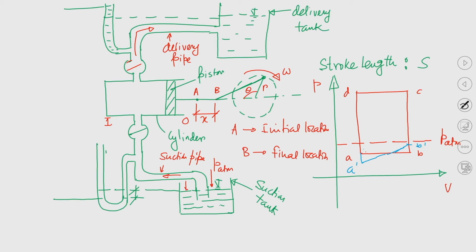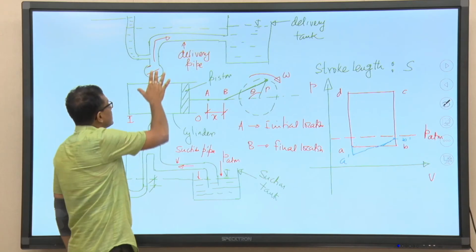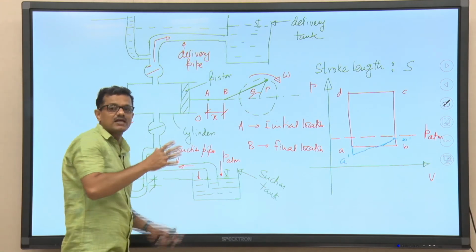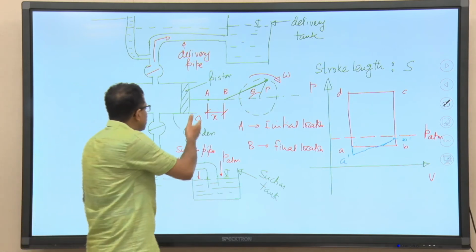It is very important, let me tell you again: at the beginning of the delivery stroke, the movement of the crank and the piston is spontaneous, driven by a prime mover. At the beginning of the suction stroke, the suction valve will be closed, because the force acting across the suction valve is not sufficient to lift it off. That is a one way valve that we discussed in the previous class. Now the delivery valve remains closed, the suction valve is closed, the cylinder has a certain amount of fluid mass, and the next stroke is the delivery stroke.